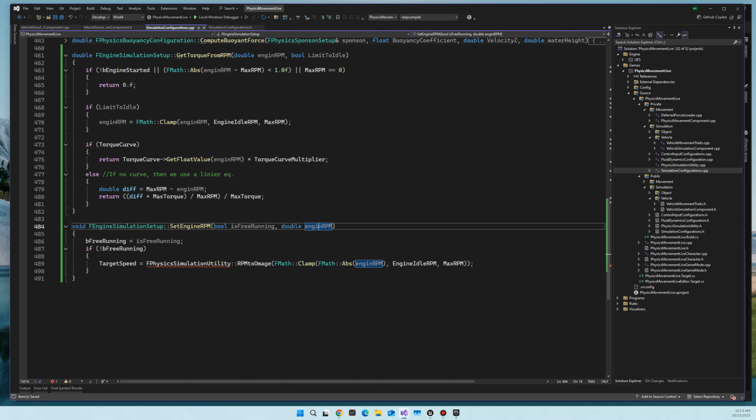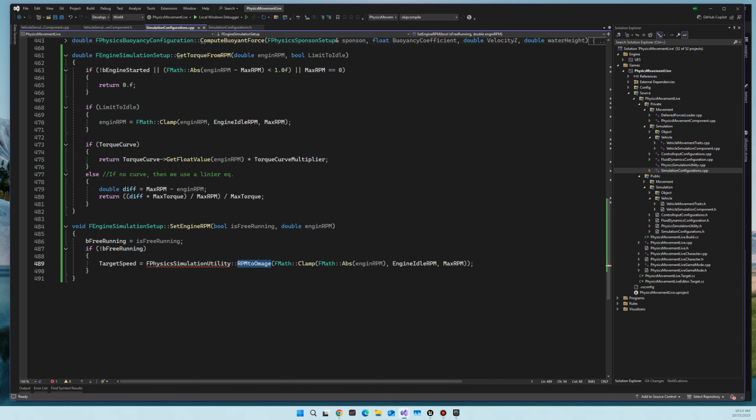So this is going to be coming in from the mechanical simulation that will be running in the physics loop. And so we'll first check to see if we're engaged. If we are not engaged, right? So this is saying that we're in neutral. As long as we're not in neutral, we're going to take the absolute value of the RPM, and then clamp it between this and the idle to get us the omega, because that's what we want: the target speed, not the revolutions per minute, but the speed, and that's what omega represents. So let's go ahead while we're here and define this